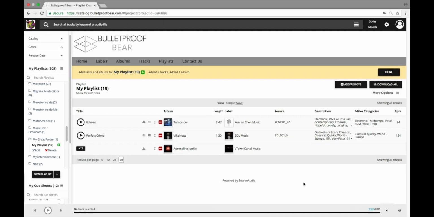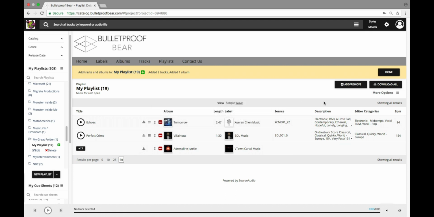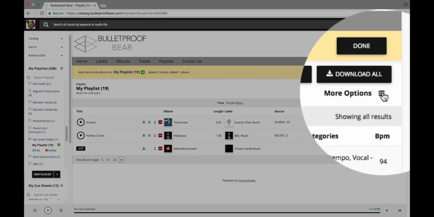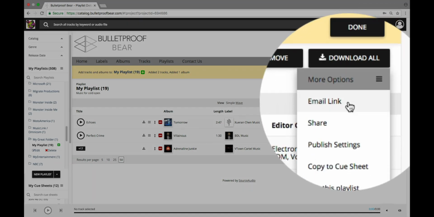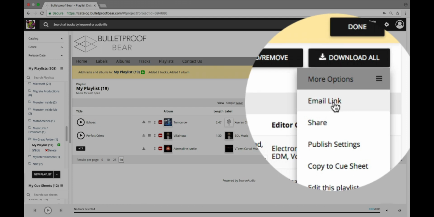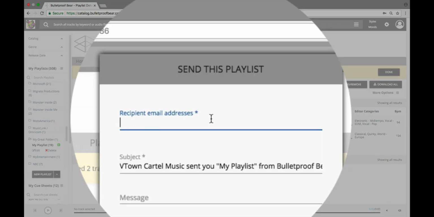So that's downloading. But what if I want to email this playlist to a colleague or a client? Well, if I look over on the upper right-hand corner where it says More Options, I'm going to see those 3 horizontal lines. That's going to give us a drop-down. When we look at that drop-down, I'm going to see there's an option to email link. I'm going to click on that. All we have to do is type in the email address of the person who we want to receive this. So I'm going to type in